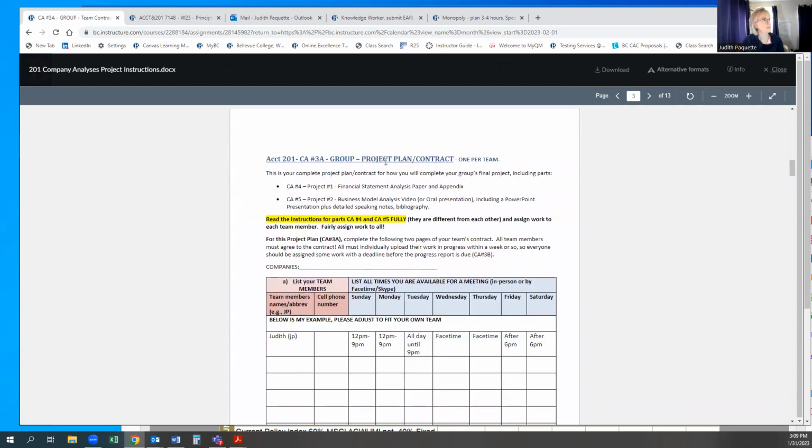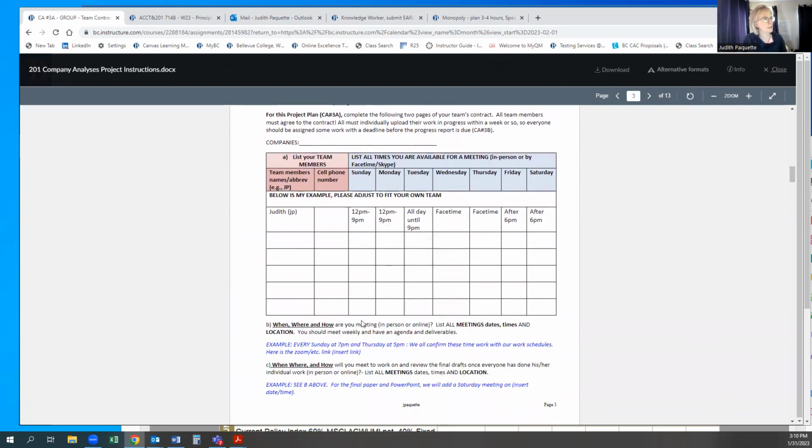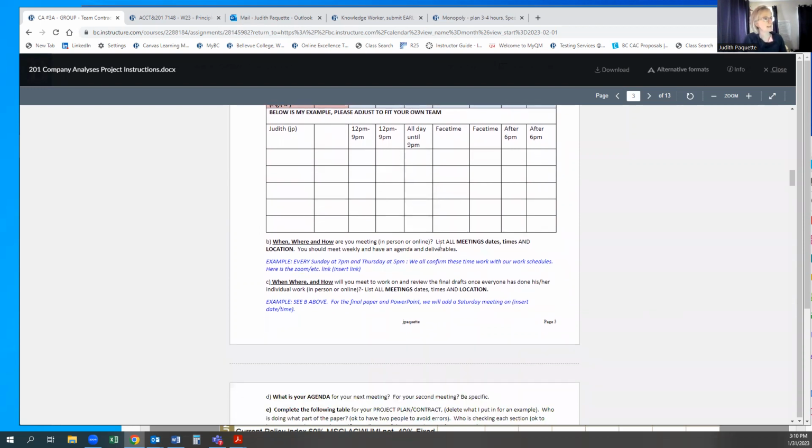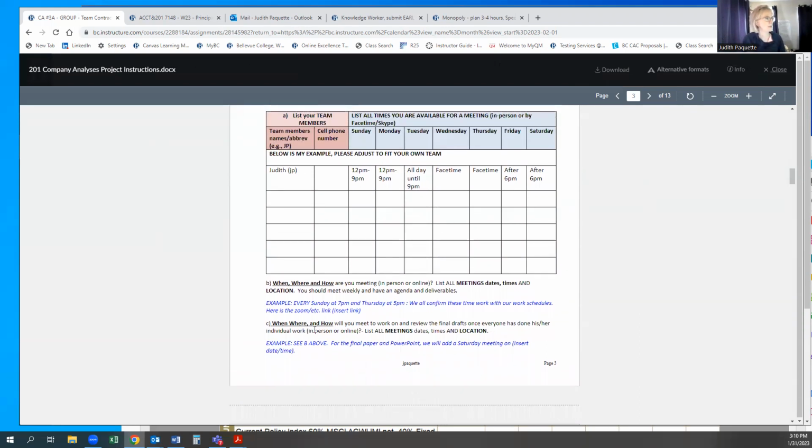All right. So here's the project plan contract. It's 2 pages. So download this document, cut off the 2 pages into a new document, and that's what you're going to upload for your team. So first off, you list your team members, get rid of my name here. Then tell me when you're meeting and put the Zoom link or the Discord link, whatever it is, there. So all team members have access to it.